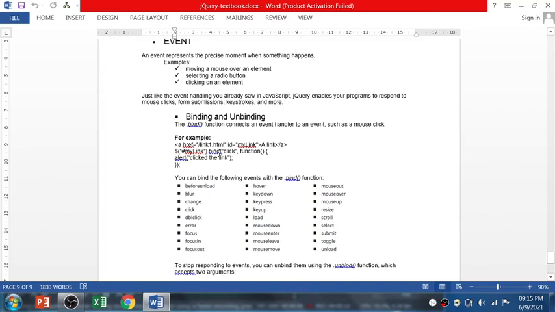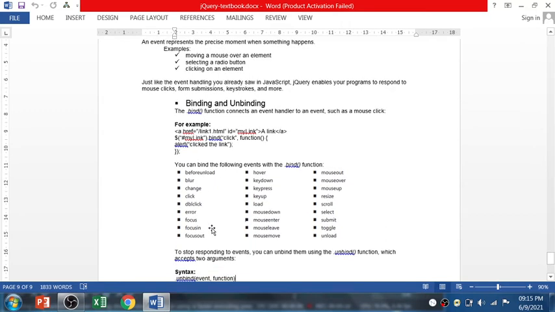If you don't want to use the bind function directly, you can use the click function, because we have a click function. So let's see the different methods, I mean different events. So there is beforeunload, right? So before unloading your form, that is one event. Then blur, change, click, double click, right? So click and double click, the mouse double click event. If an error occurs, it will, let's say, pop up some message or display an alert message. It depends on the user how you code.